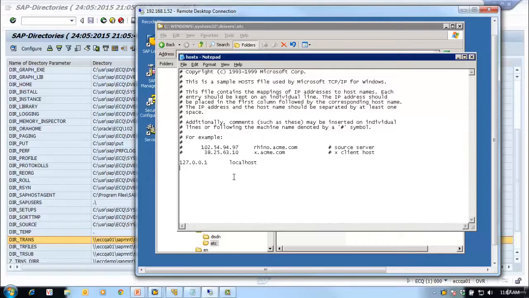If in our domain controller we wanted to use this as a transport host, then you can say SAP trans, then you specify the IP address